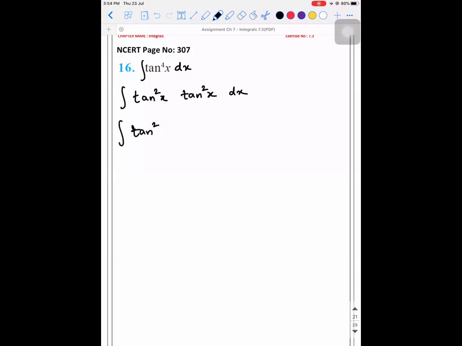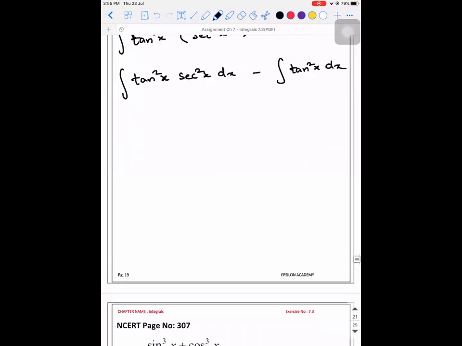One tan square, leave it as it is. The other tan square, you can write it as secant square x minus 1 into dx. Right? So this will become integral of tan square x into secant square x dx minus integral of tan square x dx. So in this case, what should I do? If I call this I1 and I2,